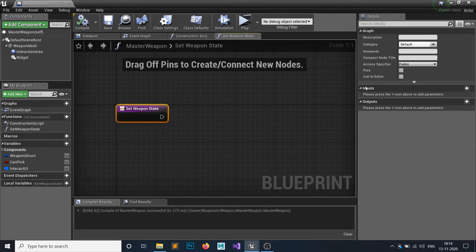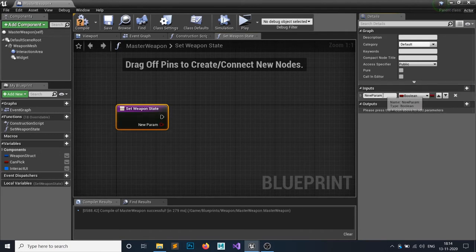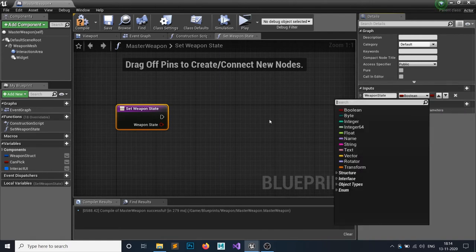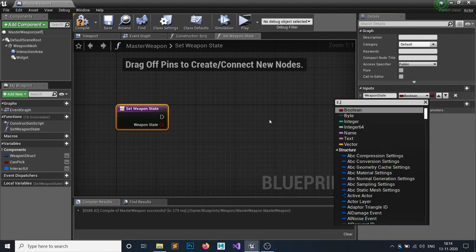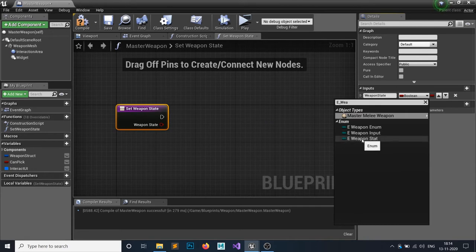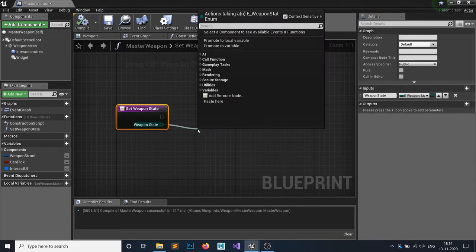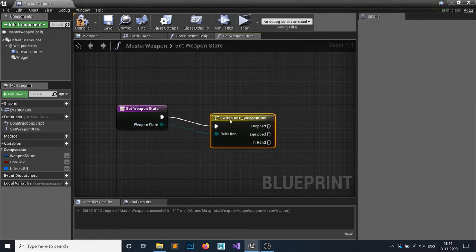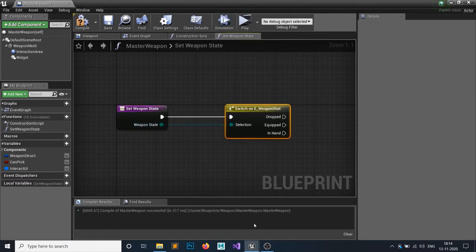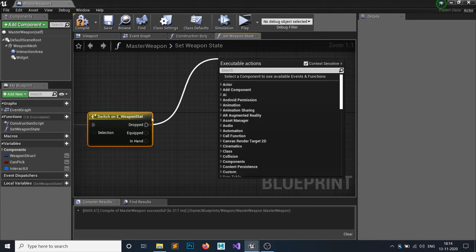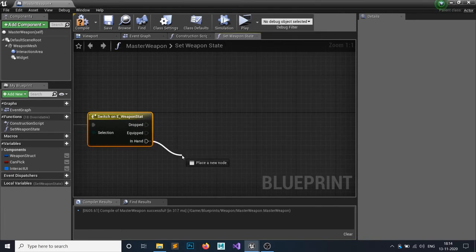This function has an input called weapon state, and the type of this weapon state is the enumeration we have made, this one. As you can see, our weapon state has 3 types of states, so just switch on it. What do we do if it's dropped, what do we do if it's equipped, or what do we do if it's in hand, right?